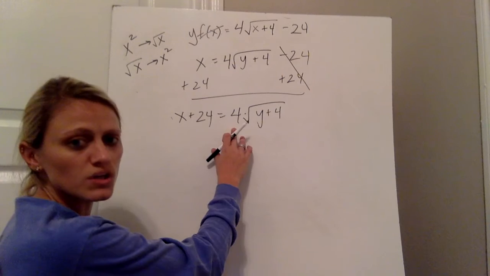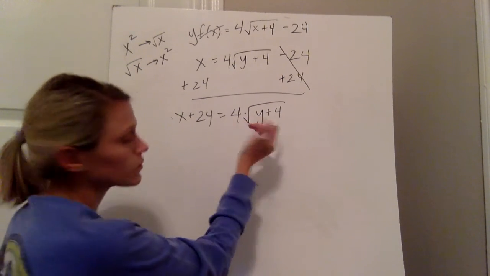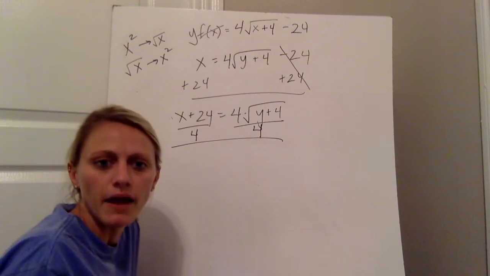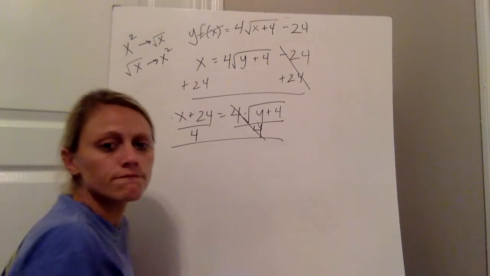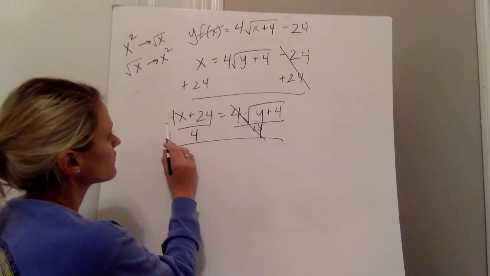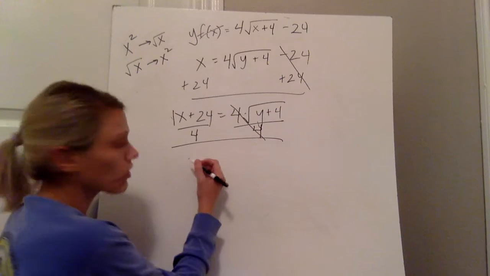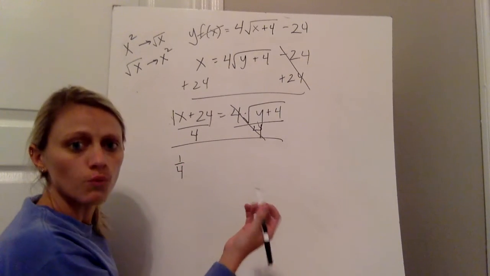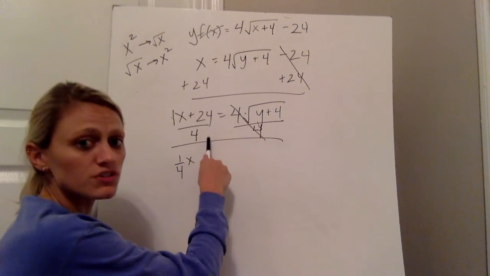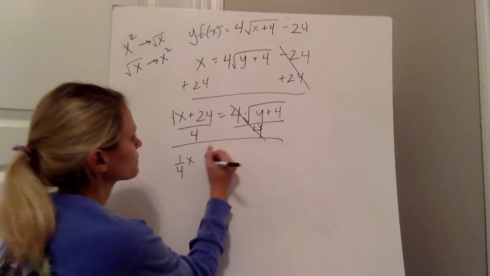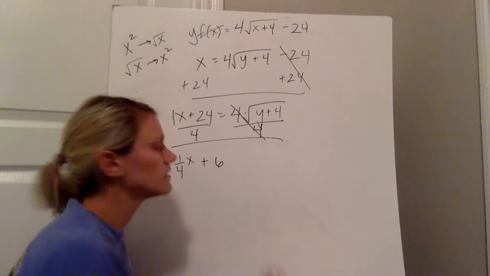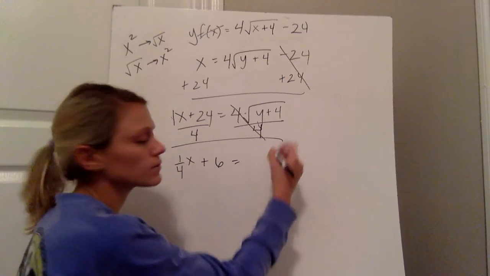Okay, so we're going to divide. This 4 is being multiplied by the square root, so we're going to divide each side by 4. Those 4's cancel. On this side, remember there's a 1 in front of that x. So I've got 1 over 4 x, or 1/4 x. It's the same thing. And then I've got 24 divided by 4. 24 over 4 is just 6. If you want to check that stuff on the calculator, then that's fine. Over here, I'm left with the square root